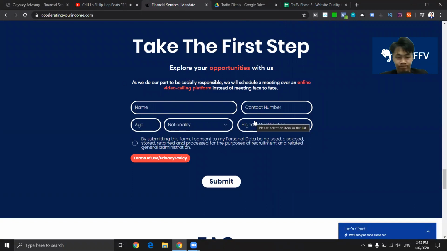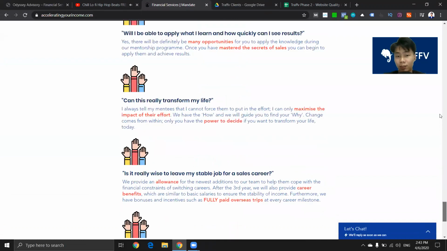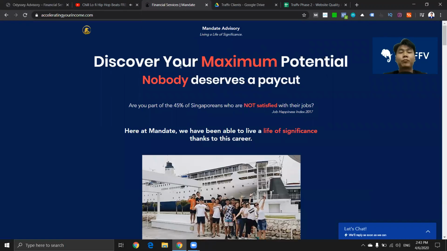From the looks of it, this is some sort of recruitment, where the website aims, or at least what I think they want to do, is to recruit people coming in. Now there's a few problems with this. Number one, if you're just driving traffic, landing pages work better with paid traffic. And the reason why is because when you want to do SEO,